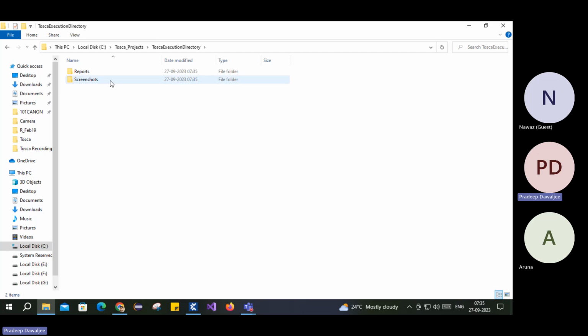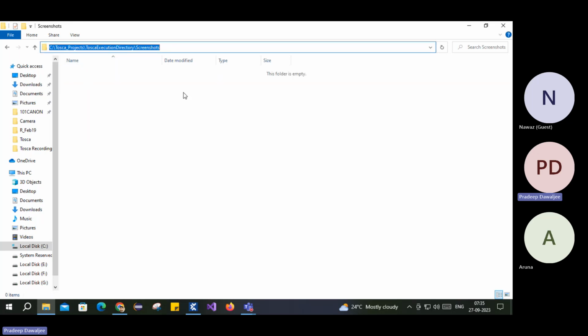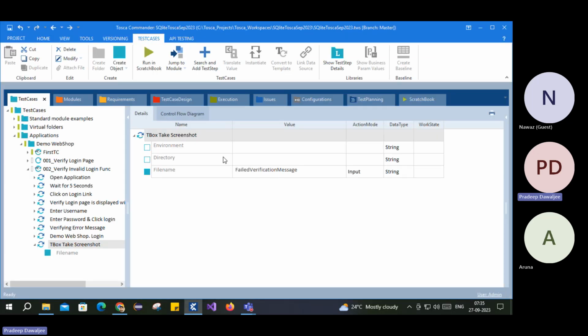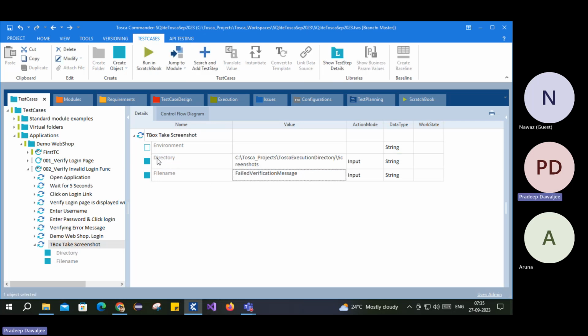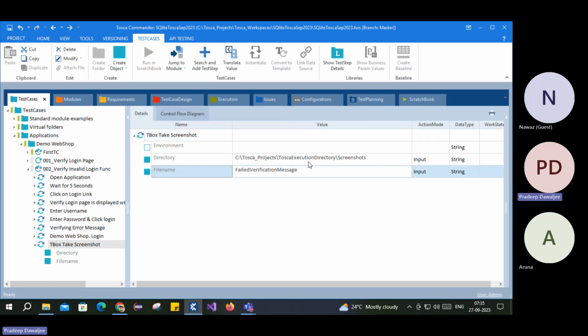So for now, screenshots: I want all my screenshots to be in this particular location. So what we can do is copy that path, come here and paste it here. When you give this directory with this value and then the file name with this value,